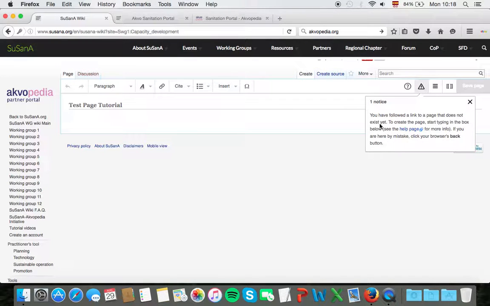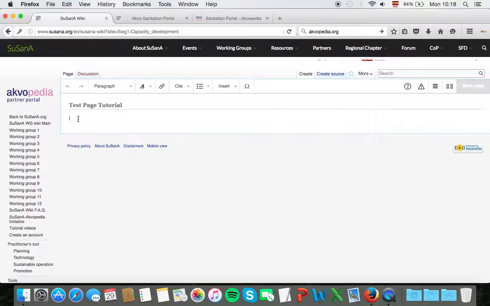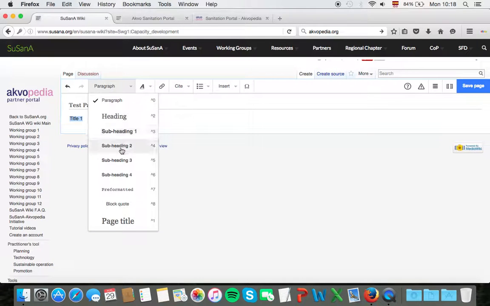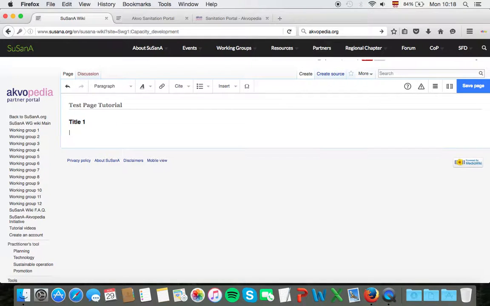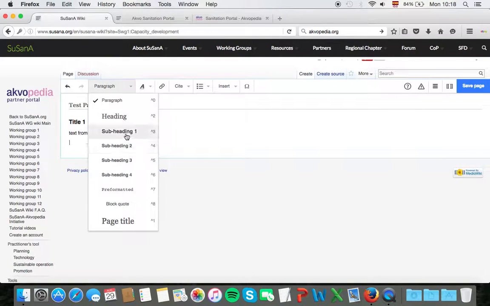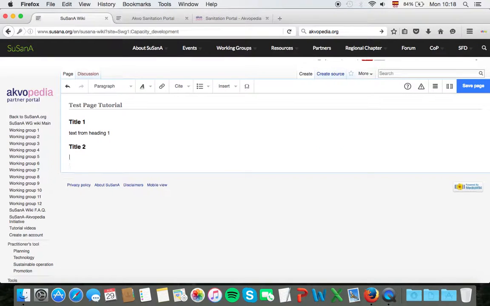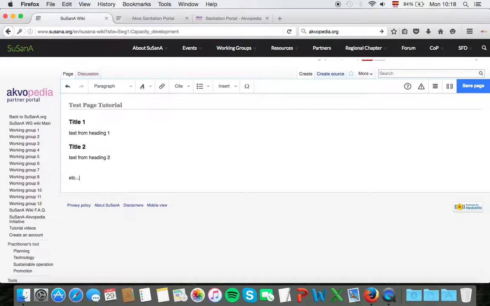Then a pop-up window lets you know that you have followed a link to a page that does not yet exist. To create the page, start typing in the box below. Simply close it and start adding your content. So let's say we have a first title, and then we give it a heading 1, text from heading 1. Then we want a second heading, call it title 2, text from heading 2, etc. Once you're happy with your content, simply